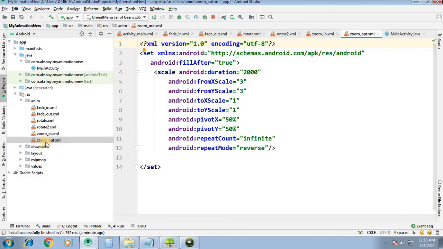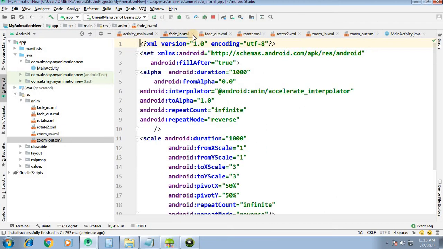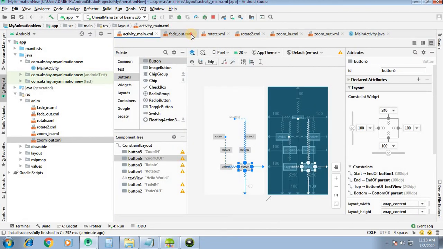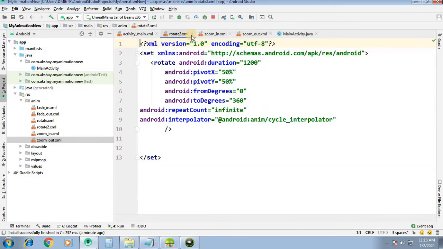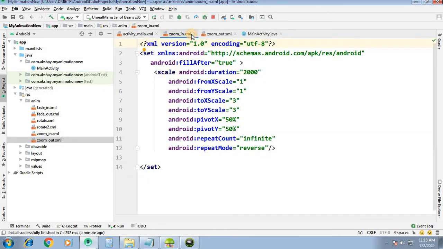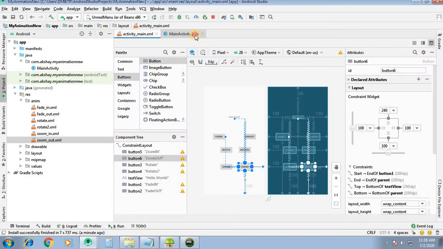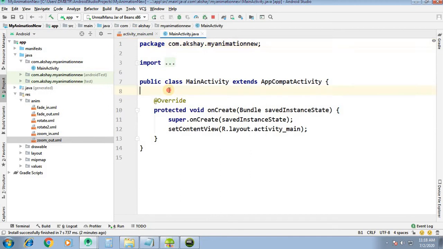So these are the XML files for the animations: fade in, fade out, rotate, rotate 2, zoom in and zoom out. Okay, so now fine, we will go to our main activity file.